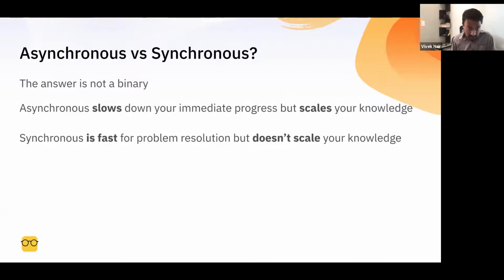And synchronous is obviously fast for problem resolution. I can get unblocked very quickly, but it doesn't necessarily scale your organization. It doesn't scale your knowledge and therefore might make it more challenging to scale up your team when you're trying to add more people on. There's actually a lot of interesting companies around how to turn synchronous communication into essentially stored knowledge as an asynchronous force that can be actually collectively held.